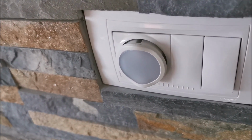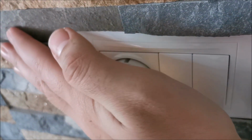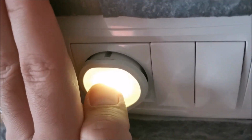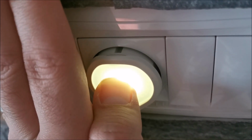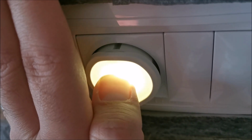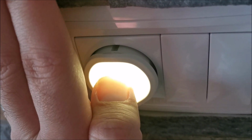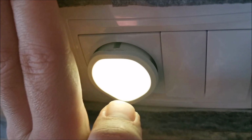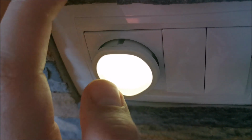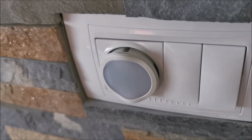And when it's bright, it's off. Dark, on. And while it's on, let's change the intensity. As you can see, somewhere there was max, now minimum, maximum. So it's quite difficult to guess when you are at full maximum, but anyway, we are in auto mode,